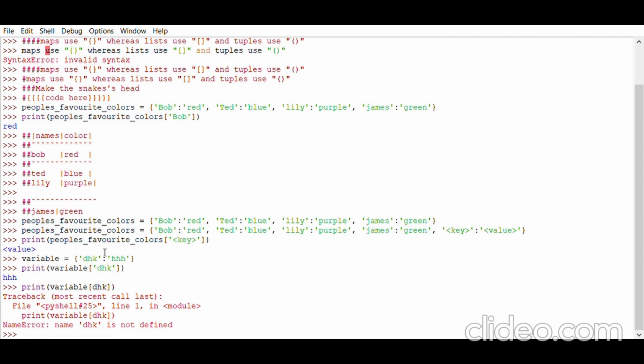Now, if I told you to make a list instead and to find what Ted's favorite color is, it would still be pretty easy, because there are only 4 people in it. But if there are more than 100 or even 1,000 people,